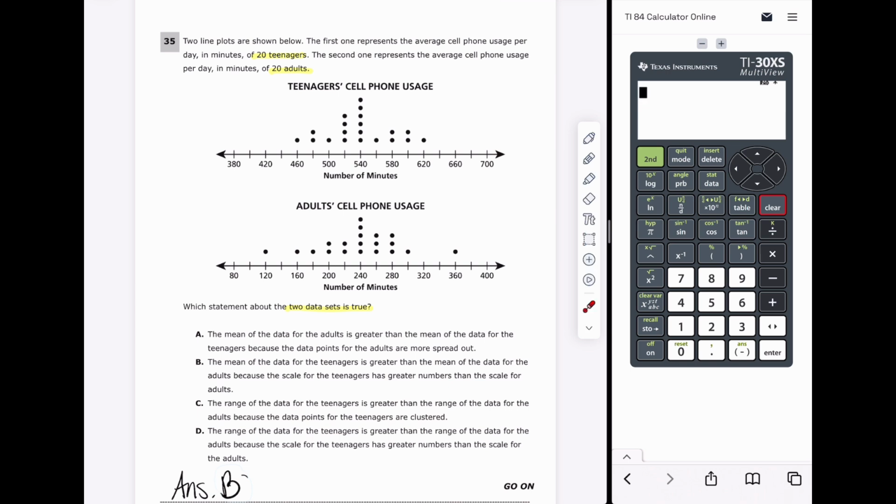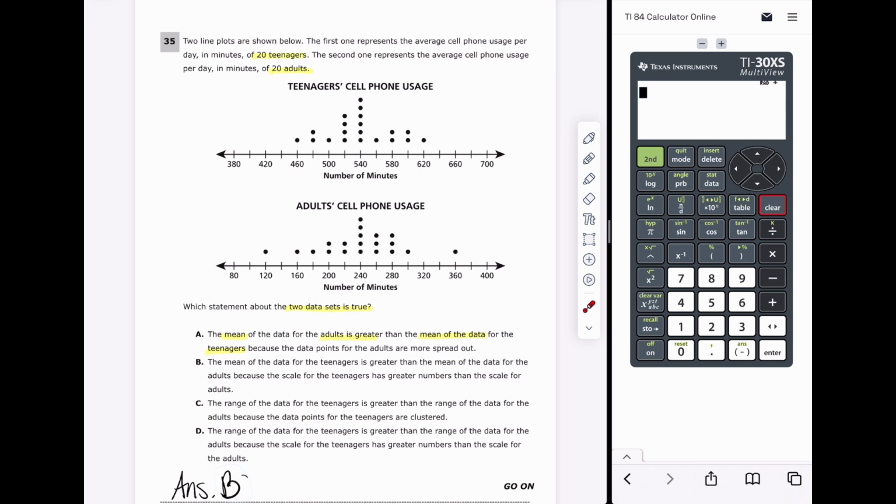The mean of the data of the adults is larger than the mean of the data for the teenagers. So that means the average for the adults would be higher than the average for kids. Let's think about this for a minute. The adults, all their numbers go from 120 minutes to 360 minutes. For the teenagers, the lowest kid is using the phone more than the adults, 460 minutes